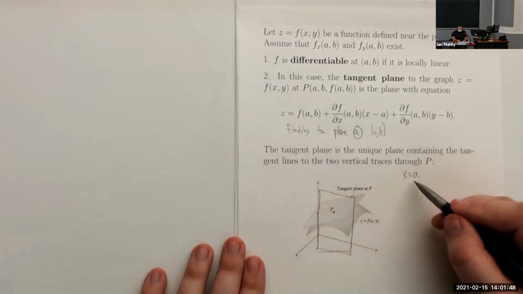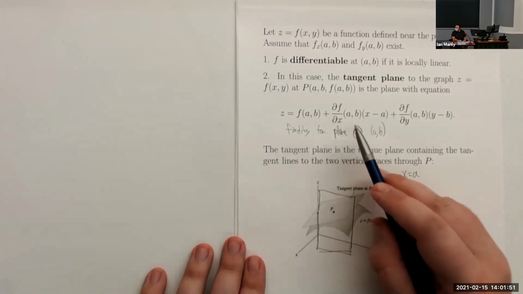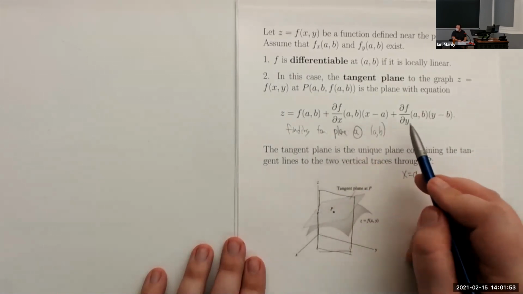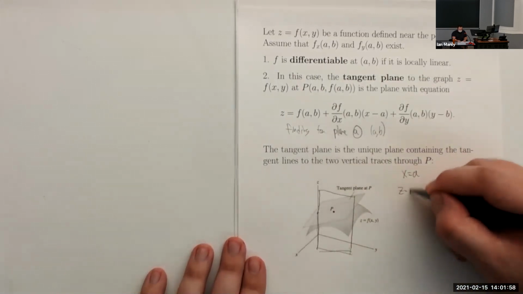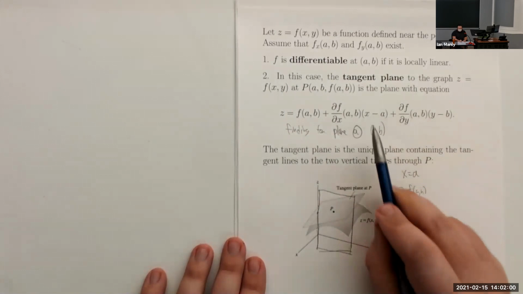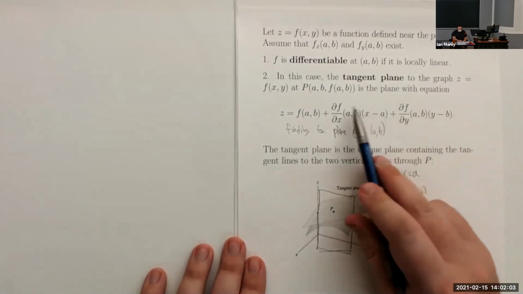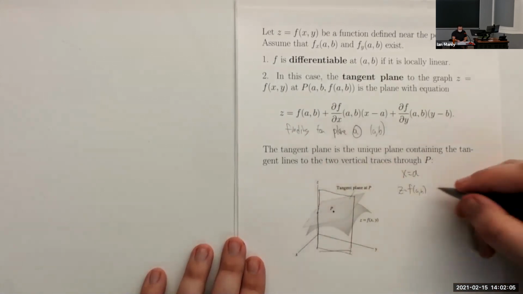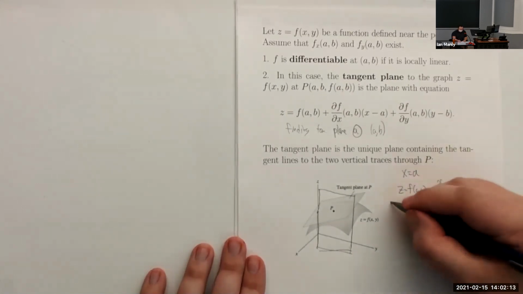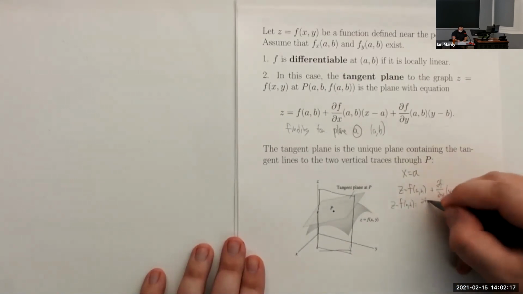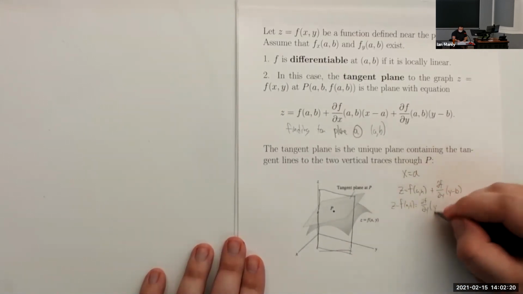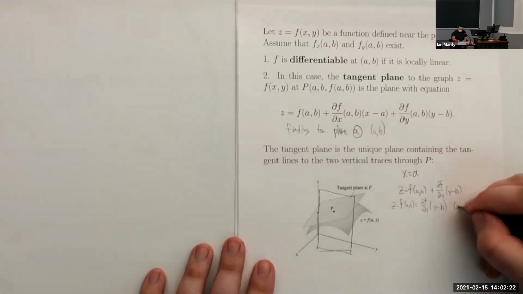So let's say we're at x equals a, right? If we plug x equals a into this equation right here, what's going to happen? Well, we have z is f of (a, b). If I put a into here, this is going to be 0, so we don't really have this part anymore. But we do have partial f partial y times (y minus b). This might look a little bit familiar. This is essentially the Calc 1 tangent line,